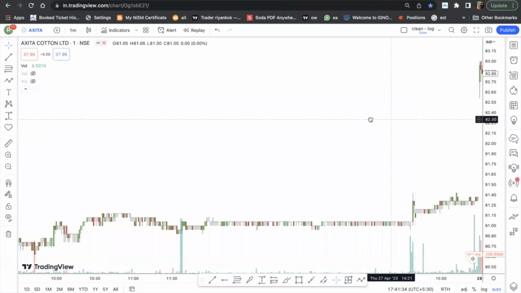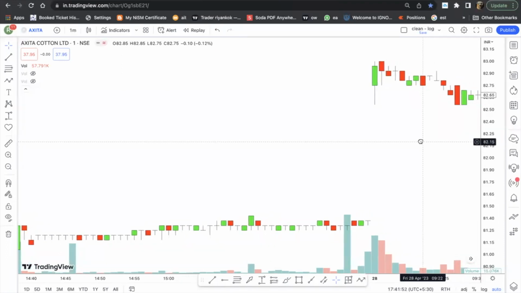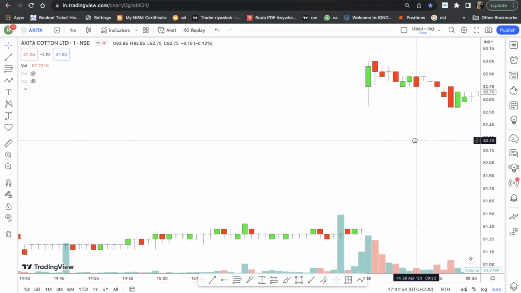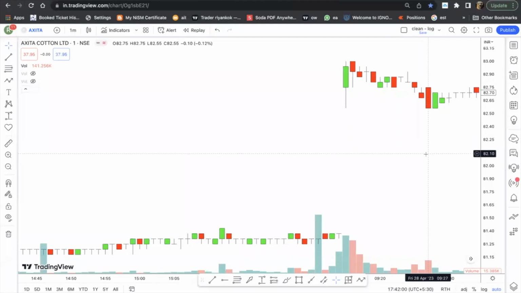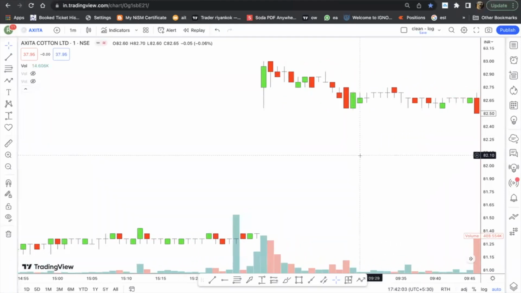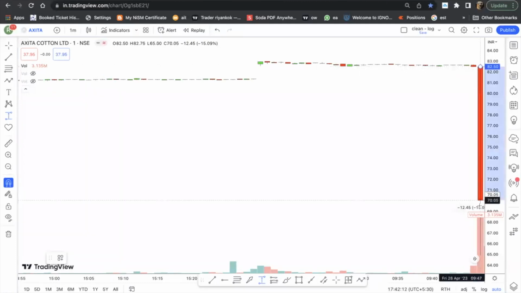I am just trying to show you how the lower circuit hits on the stock. Okay, so the stock is normally, casually trading. ठीक है, 82, 83 के आसपास. This is a 1 minute chart, so every candle you see portrays 1 minute of price movement. This is 9:20, 9:21, 9:22, 9:23 and so on. Okay, so what usually happens is कि हर एक मिनट की ये आपको कैंडल दिख रही है. So now you must be wondering, यार 20% का lower circuit लगा है, so it might have taken 5 or 10 minutes at least for the stock to hit the 20% lower circuit, which is like a fact, right? लगना चाहिए. But what happens is that the operator is so smart that he will dump the entire 20% in just 1 minute. Okay, in just 1 minute, the stock will come down from 82 to 70, which is a 16% downside from a single candle.